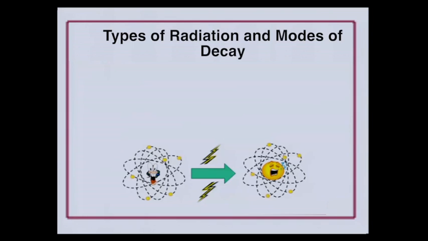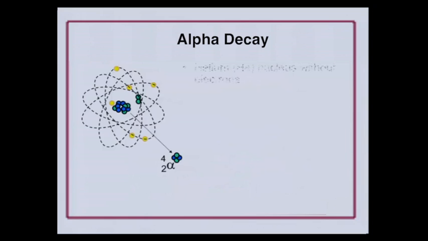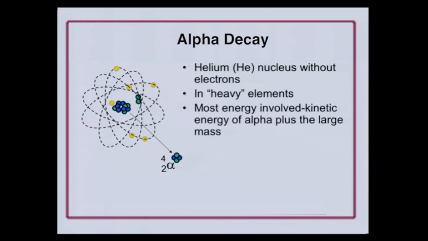So let's take a look at the types of radiations that are involved. The radiation that's emitted dictates how we refer to the decay. So an alpha emission is an alpha decay. A beta minus emission is a beta decay. There's also gamma decay, positron, as well as neutron. Those are both radiations that are emitted and the type of decay. As we move through these, as I said, relatively quickly,